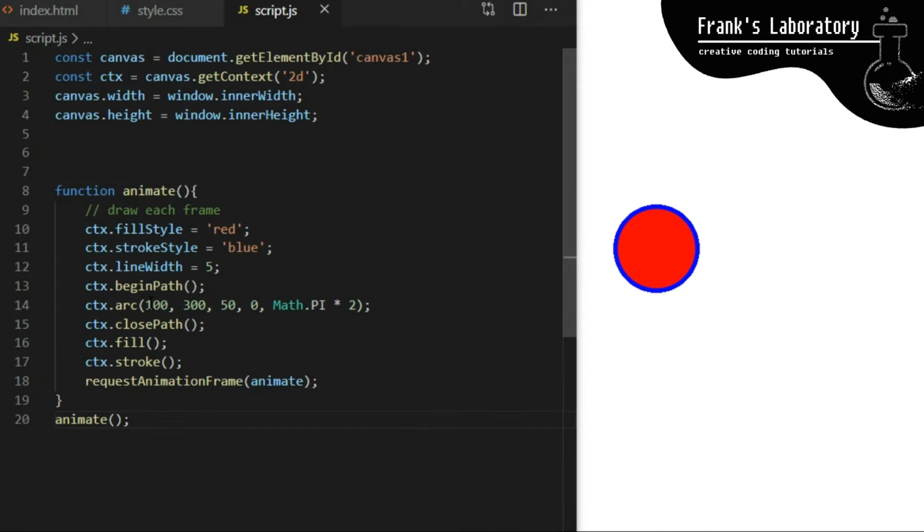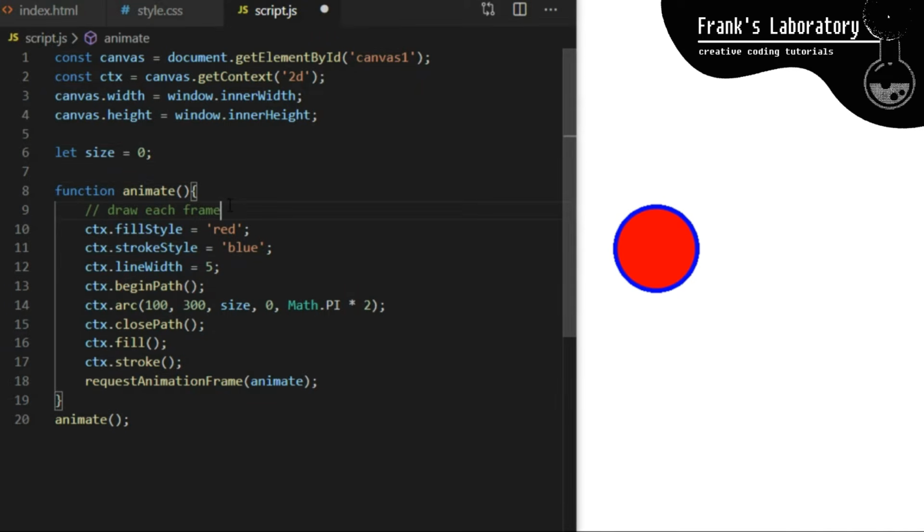To prove to you that animation loop works, I go to line 14 and inside arc method, I replace radius of 50 with a variable. I call it size, and on line 6 I declare it and set it equal to 0. Notice I'm using let variable instead of const. That is because size is 0 now, but it will change for every frame of animation. I want to make the circle grow.